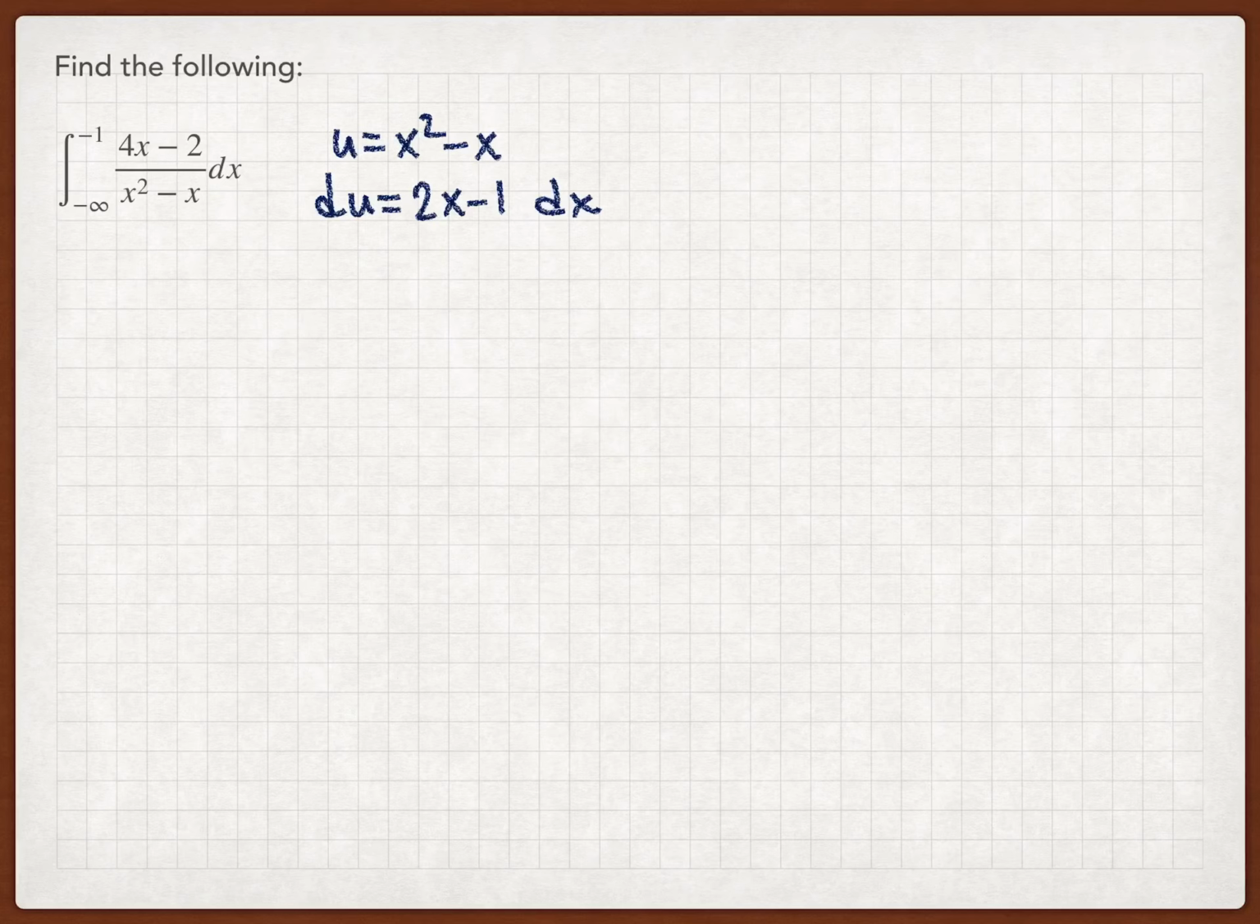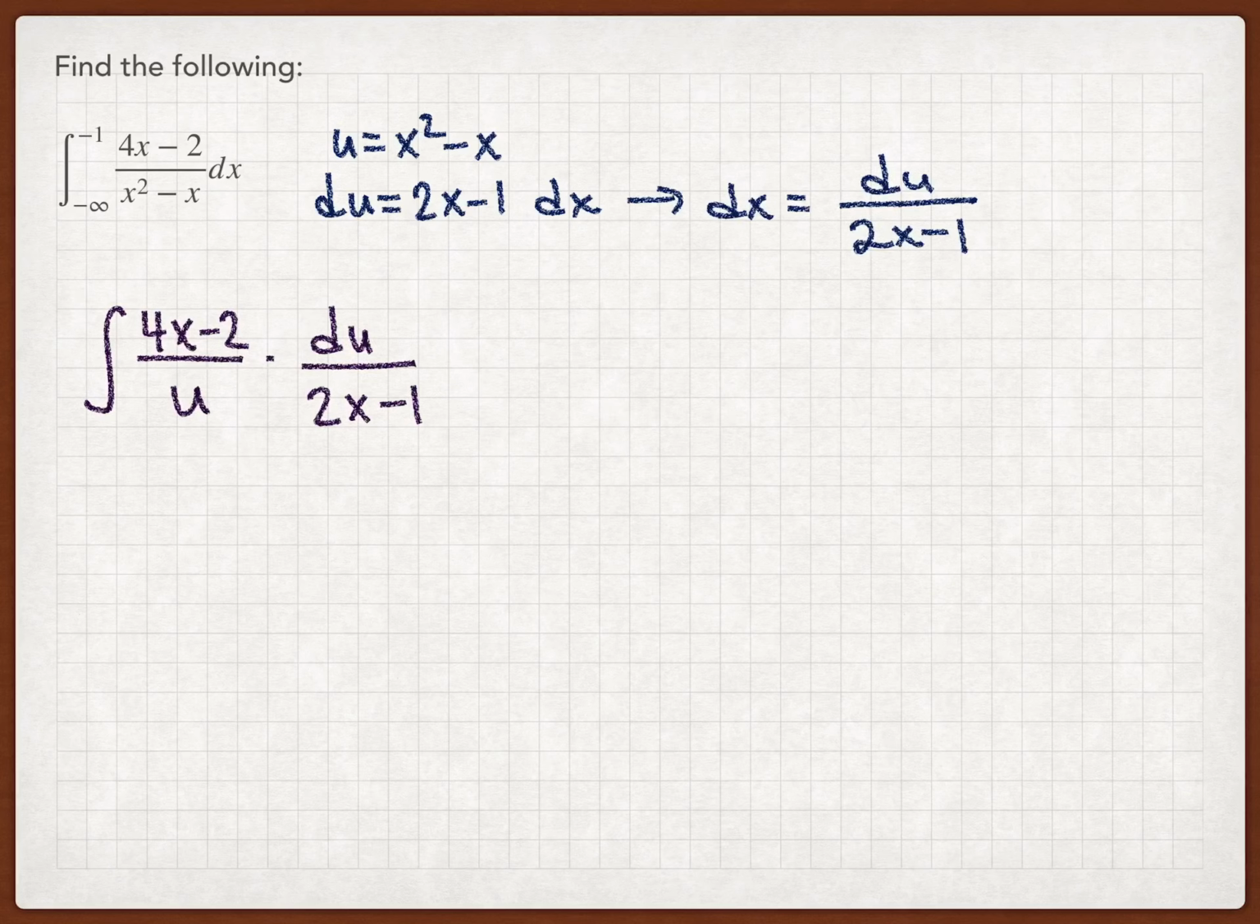I'm going to try letting u equal the denominator, x squared minus x. That makes my du 2x minus 1 dx. If I solve for dx, I get du divided by 2x minus 1. Now when I do the substitution, I've got 4x minus 2 over u, and I replace the dx with du